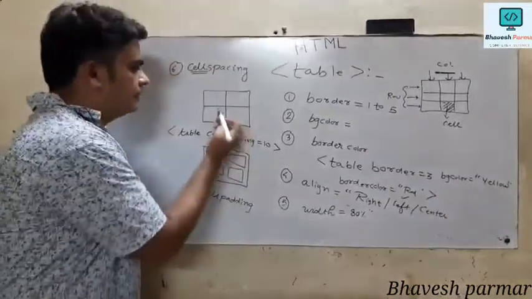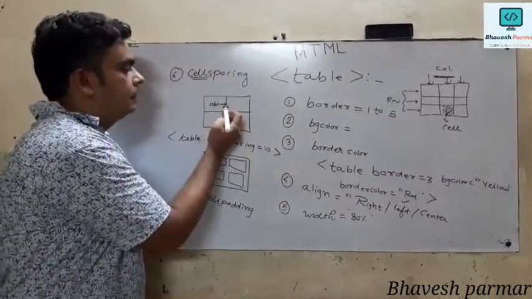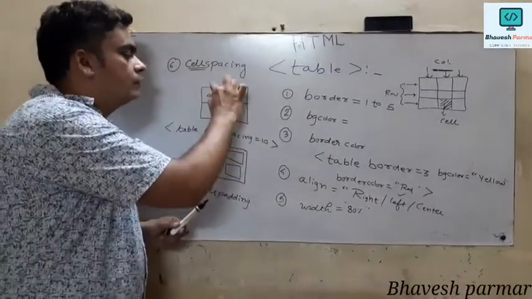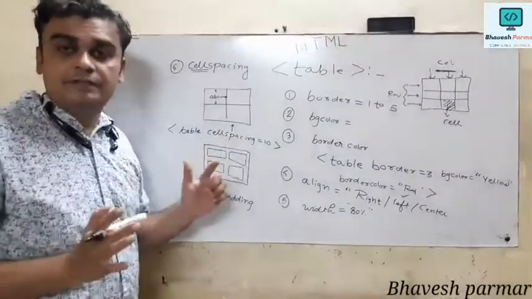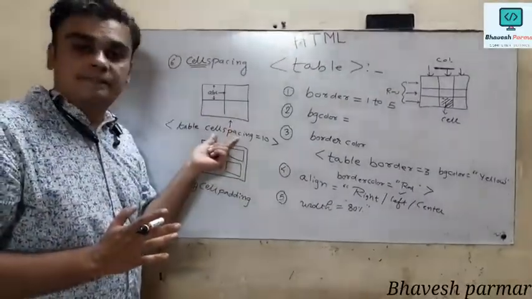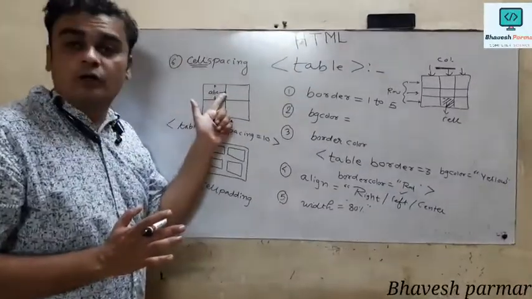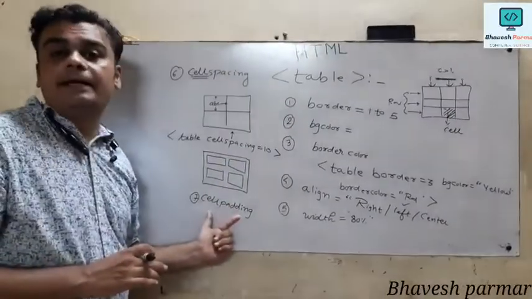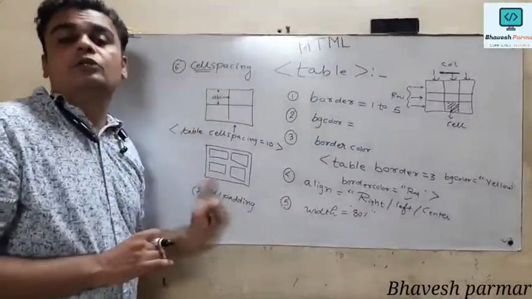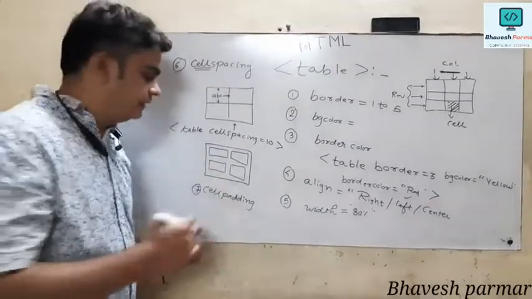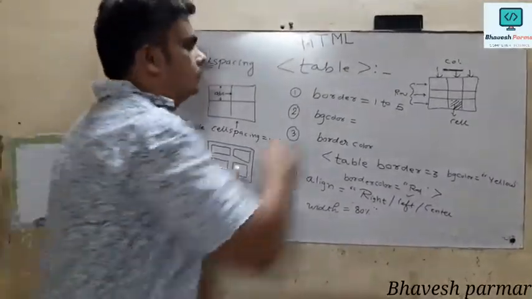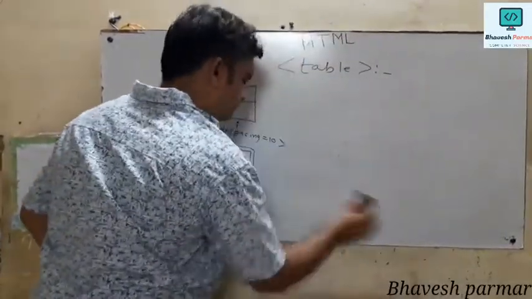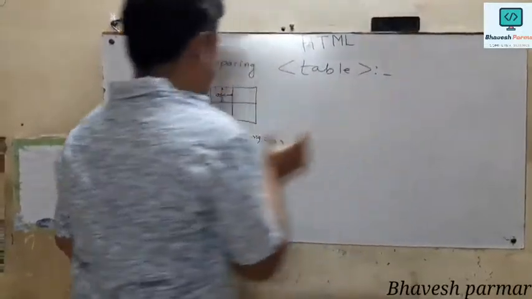Meaning, suppose here I write A, B, C, and I want to increase the width of this cell, the internal cell. There is space between cells generated by cellspacing, and the space between the text and the border of the cell. If I want to increase the size of the cell, for that purpose I use the cellpadding attribute, and again the value should be given in the form of pixels. So how can I use it? Let me take the same example.